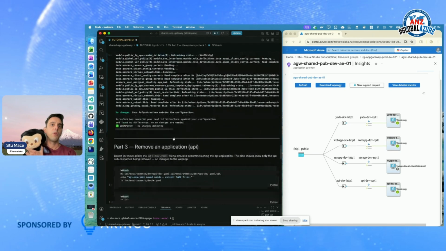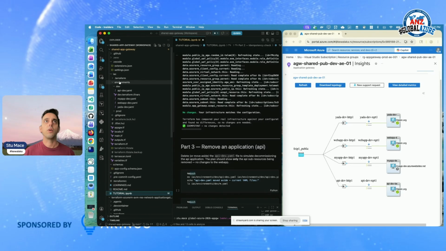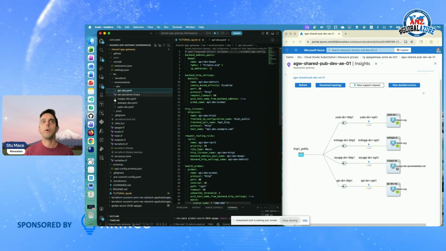So now we're going to remove an application. How's that going to work? Let me switch back to the code for a little bit and show you. Inside the module, let's tidy this up a little bit and get rid of some of the noise. Inside the module, there's this environments folder. As you saw before, there are these various YAML files which describe the various things. We've got the backend there. We've got yet another demo app kicking around. And what we're going to do is remove one of these, and then it's going to redeploy